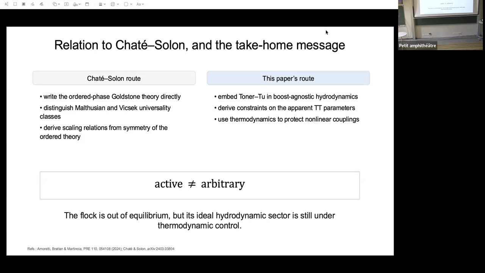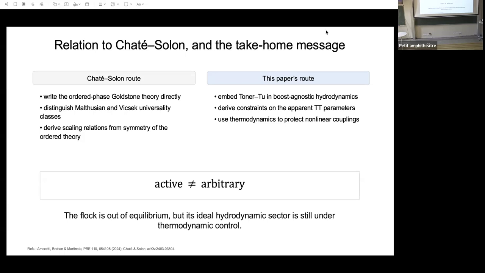So I might have a naive one. In the end, you said that you derive... what was the conclusion about the noise? That it shouldn't be Gaussian, or it's still Gaussian? No. The noise is Gaussian, just as in the Vicsek model. I'm just saying that if you add the noise, you don't spoil the fact that the lambdas are mostly fixed by thermodynamic derivatives. Okay, sorry.